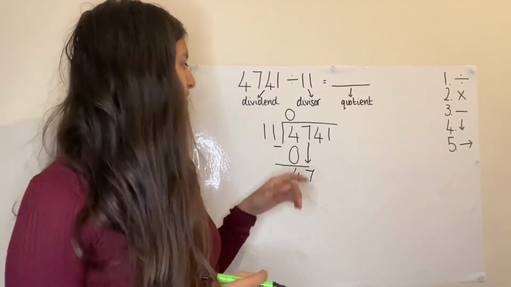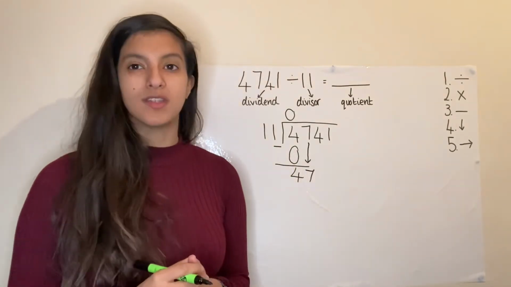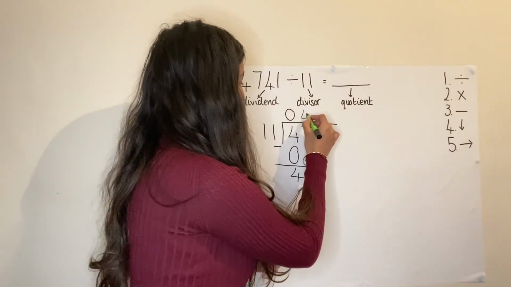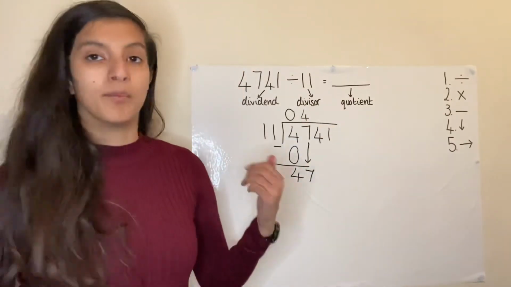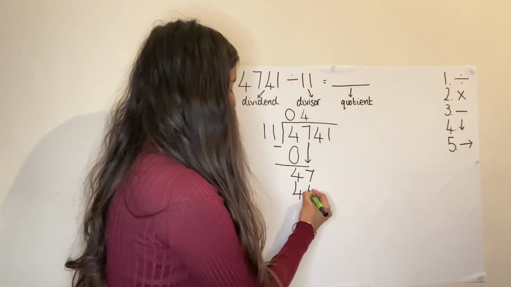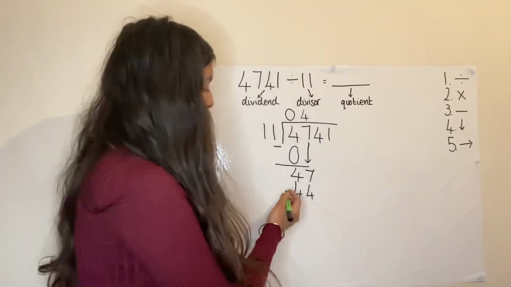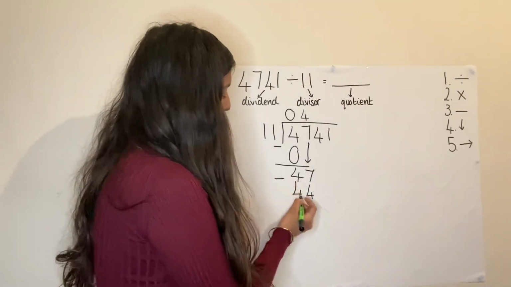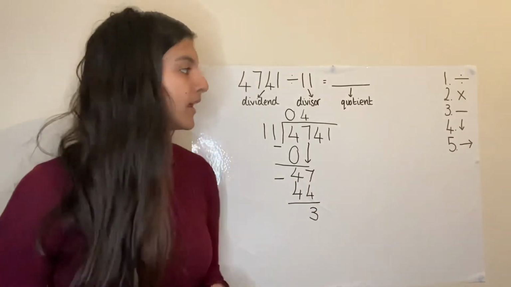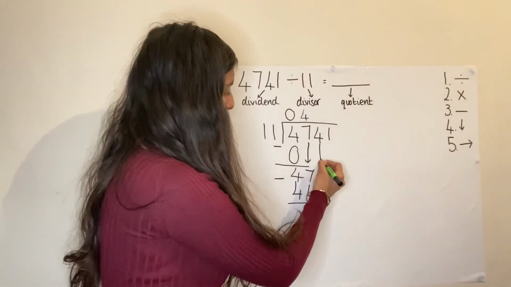So now I've got to see how many times does 11 go into 47. Now 11 goes into 47 4 times, because 11 times 4 is 44. Multiplication, 11 times 4 is 44, so I'm just going to put that over here. Step number 3 is to subtract both of these numbers. So 47 take away 44, which equals 3. Step number 4 is to drag the next number down. So I'm going to drag my 4 all the way down,